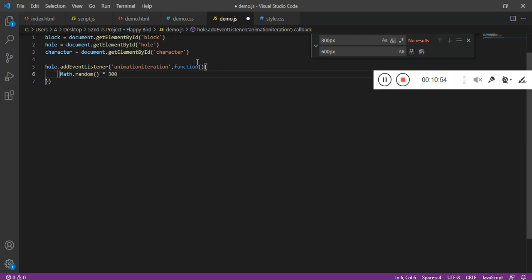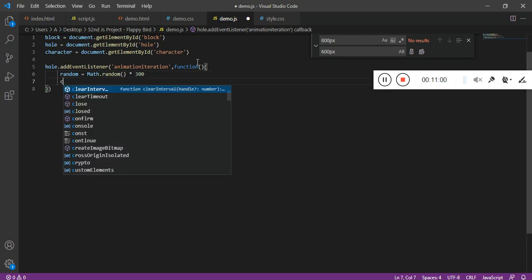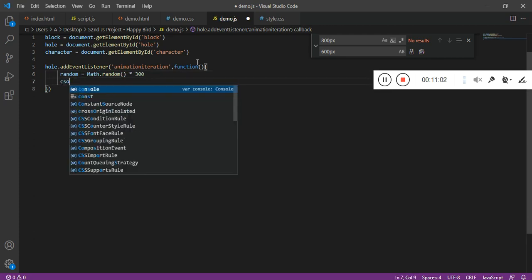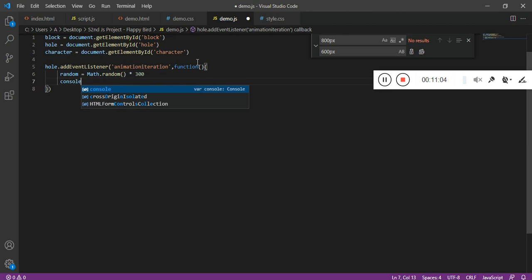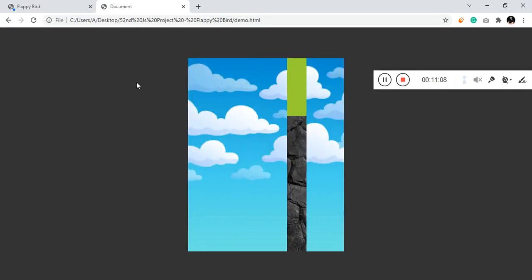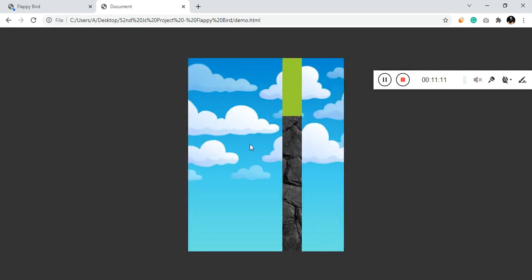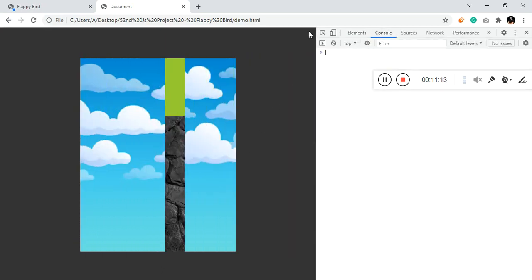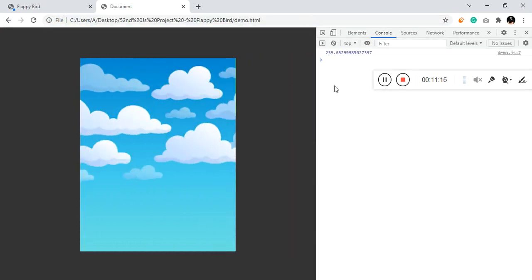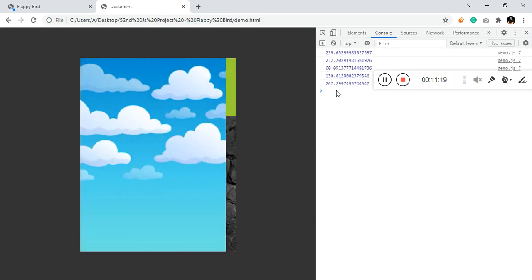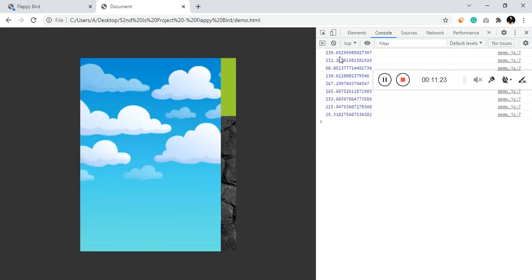Let me check and show you. Random, console.log. Let's get into the inspect console, refresh. As you can see, we are getting the random value from 0 till 300,